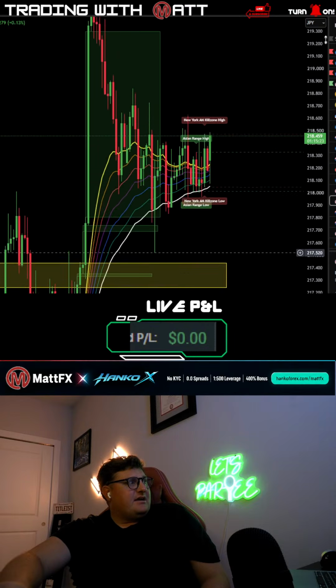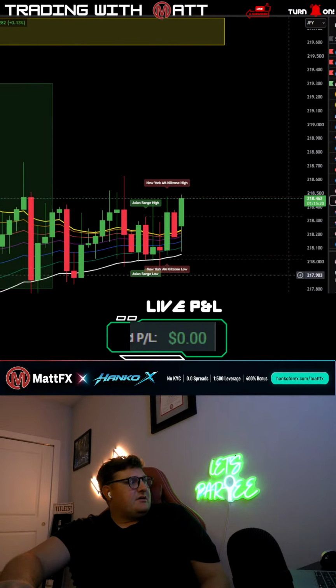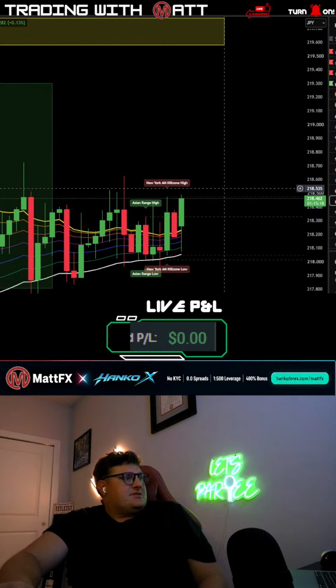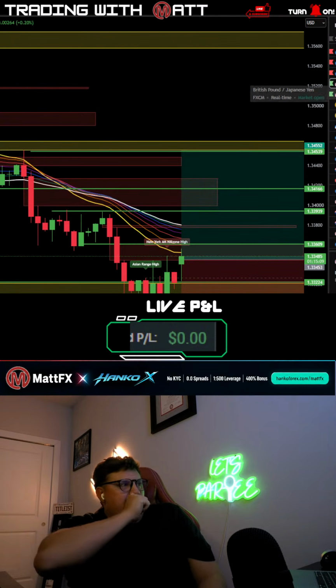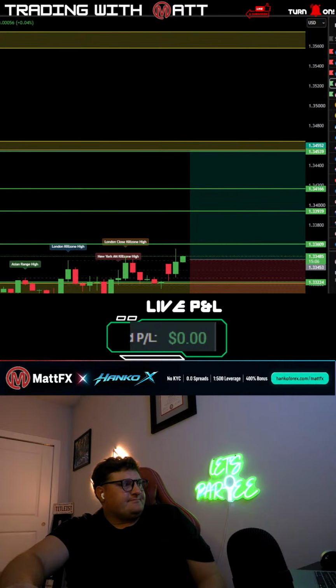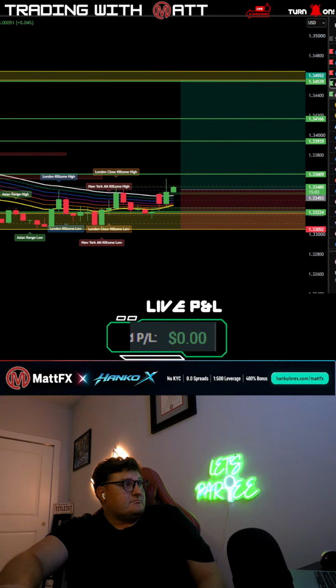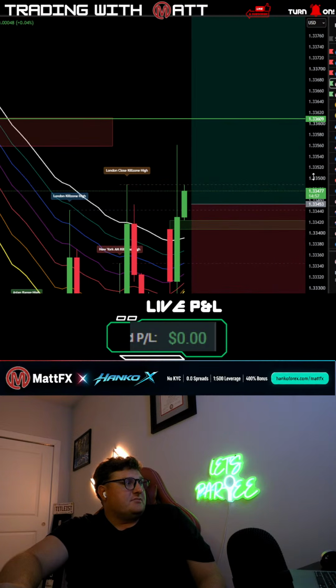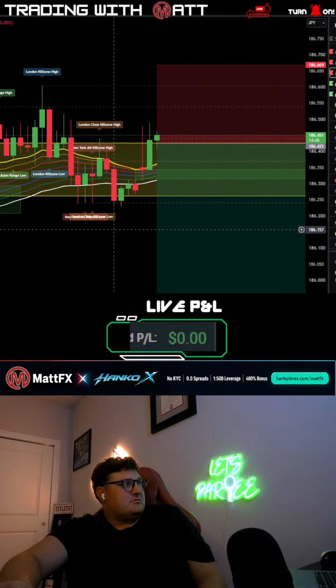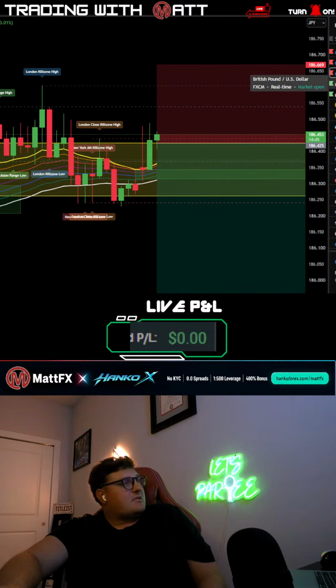GJ could go for a buy. GJ is about to break the New York session high, so GBP JPY could be a buy as well. GU is just the one I like the least out of the long term. Short term, not bad, but it's rejecting the London high. Euro JPY is not rejecting the London high. It's going through it.